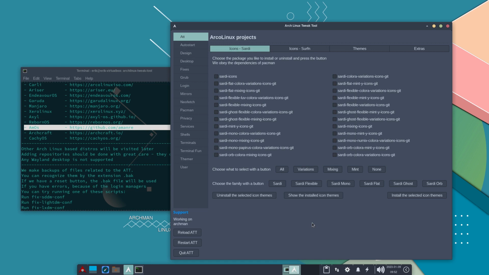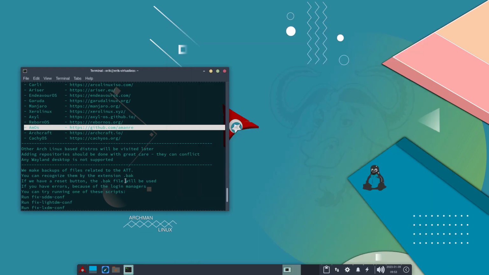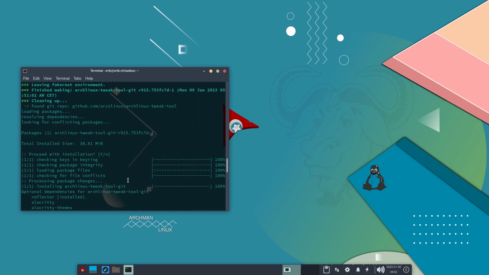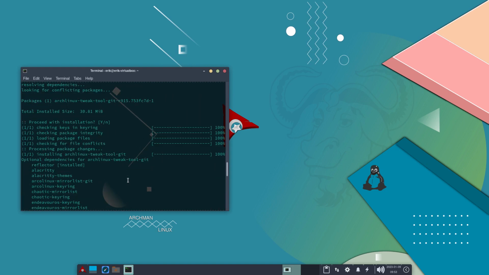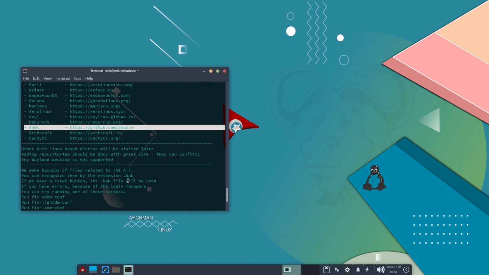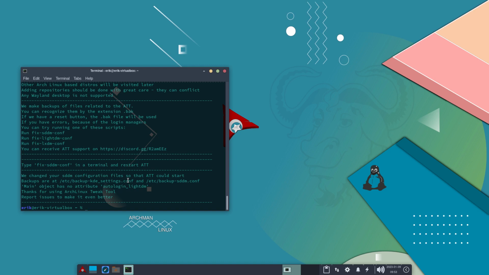What should we do first? I was saying, this is one way of doing things. It's on the AUR, you know the drill. Paru, yay, go look for it and install it. The other way of doing things is, let me look for something else here, because I'm wondering about something, and that's the fact that if we update our system,